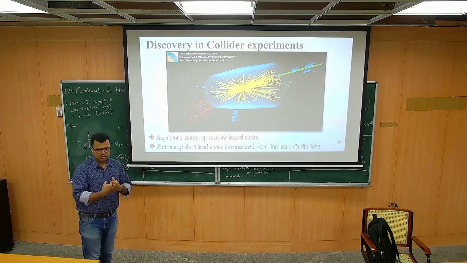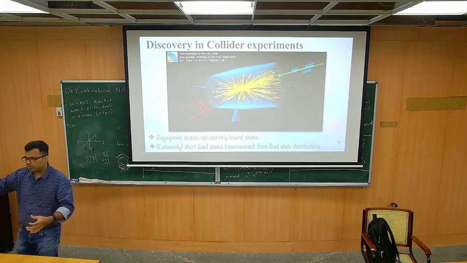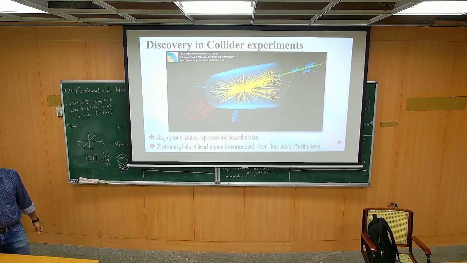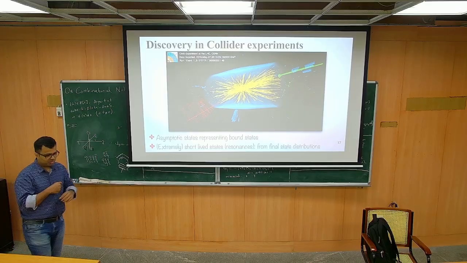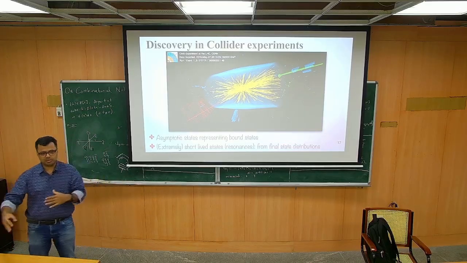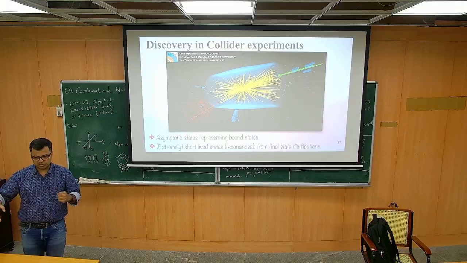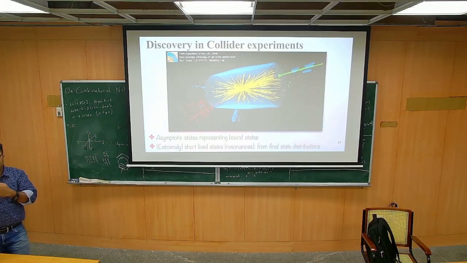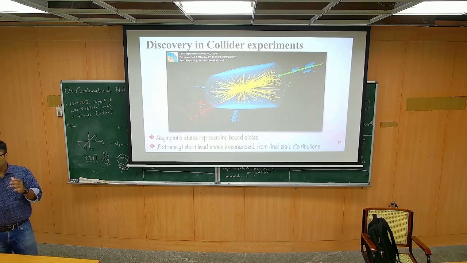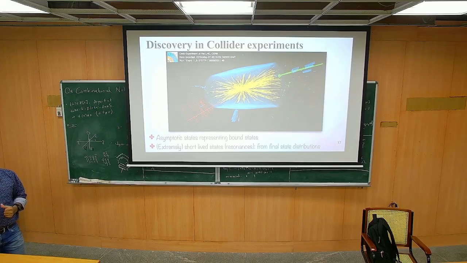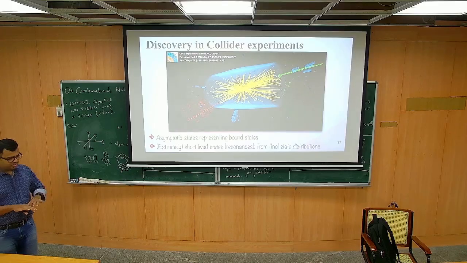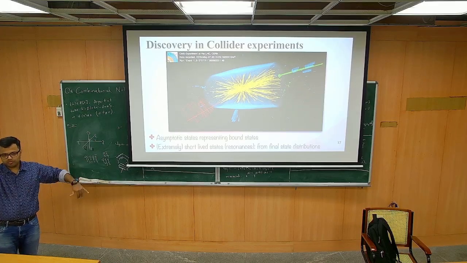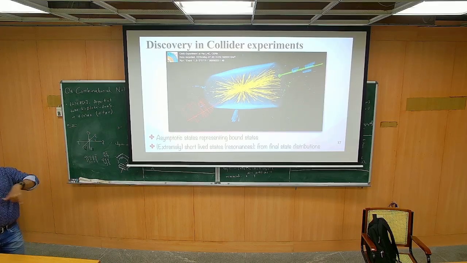So you basically take protons and accelerate them. You know cyclotron radiation, I assume you may have heard about that. If you don't know, you can assume that there are these charged particles. You can just accelerate them in a magnetic field and then make them collide at very high energies. When you collide them, they will break apart, and following certain rules of quantum field theory, they will form newer and newer particles. Okay, and you get many other showers of particles. It's not just a single shower, but multiple showers.